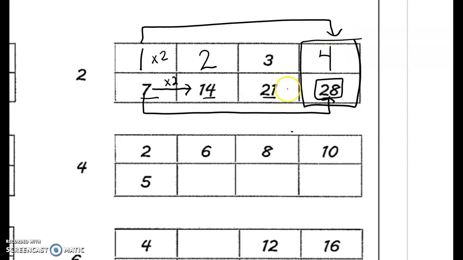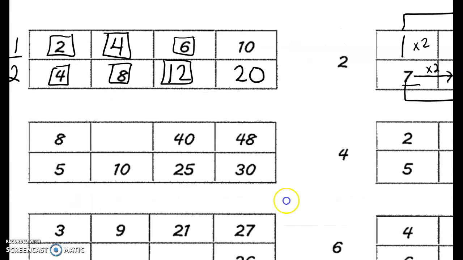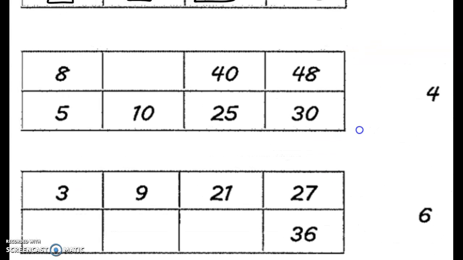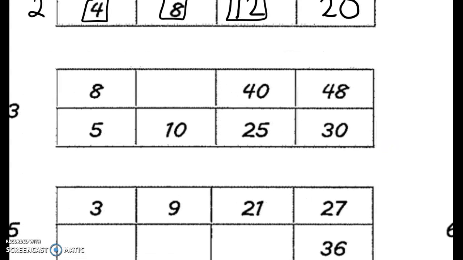But you may also recognize the pattern here that you're basically counting by 7s in order. So you would count 1, 2, 3, 4. All right, this one right here. Number 3, if you want to pause the video and see if you can solve it,